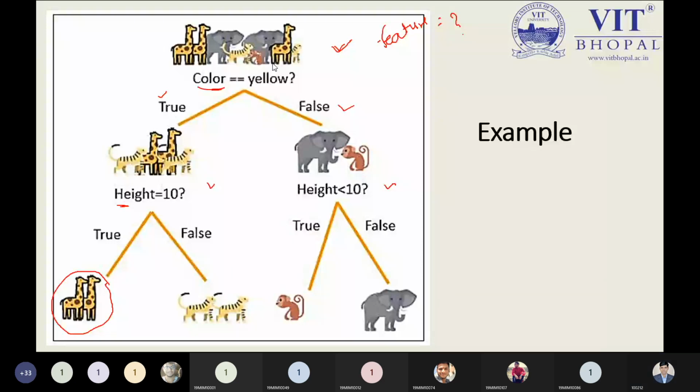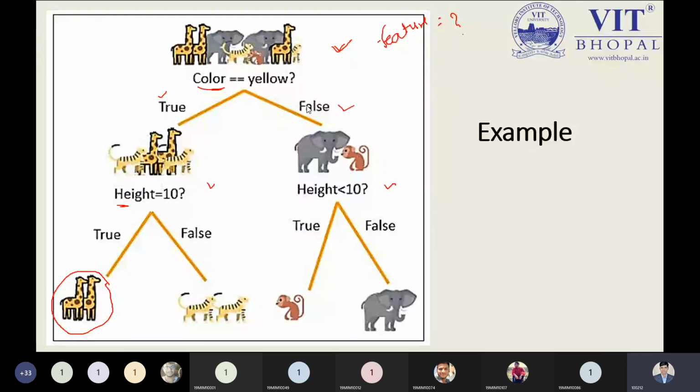Please listen carefully. Those animals that do not have the color yellow were considered in the non-yellow category. So here we have some animals, the monkey and the elephant. From this point, you can easily understand another aspect. We can simply say, if height of the animal is equal to 10,